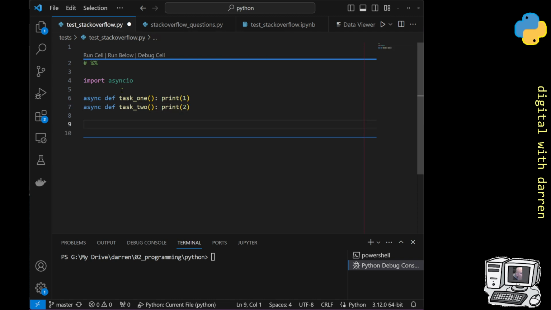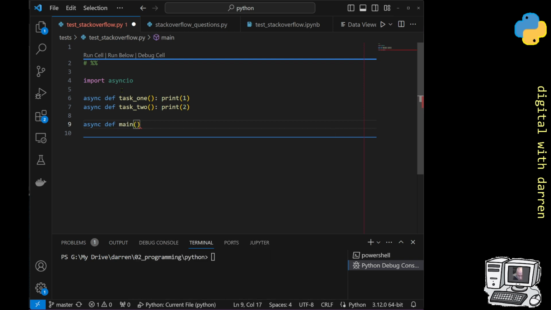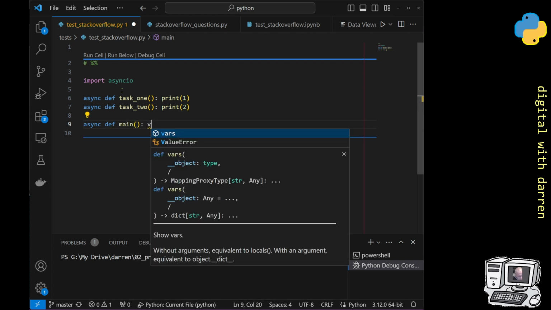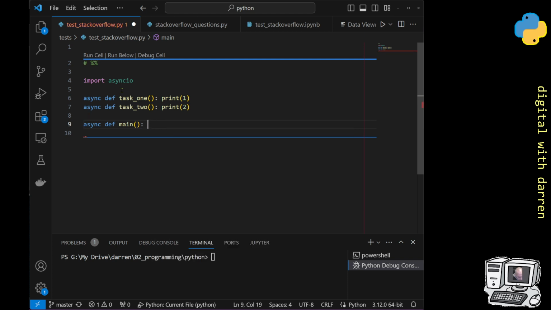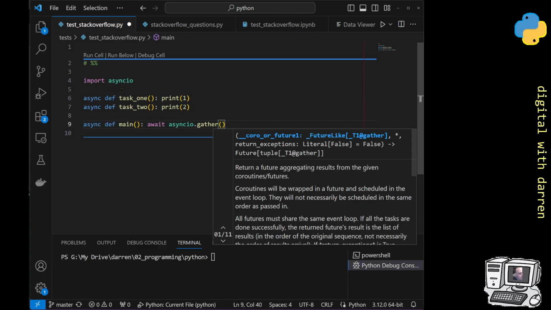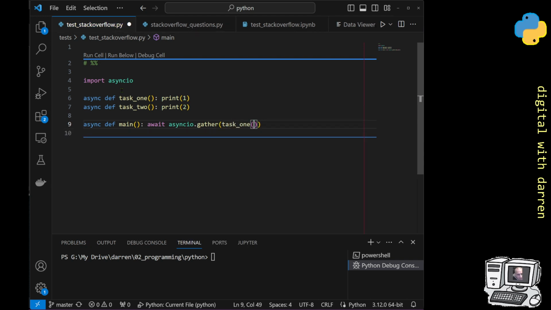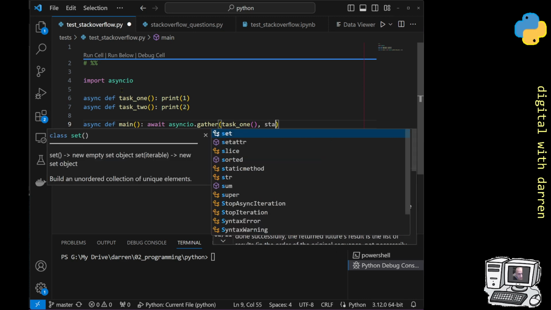Now what we need to do is create a main function, so async def main, and we will await asyncio.gather just like that, and we are going to call task1, and then we are going to call task2,